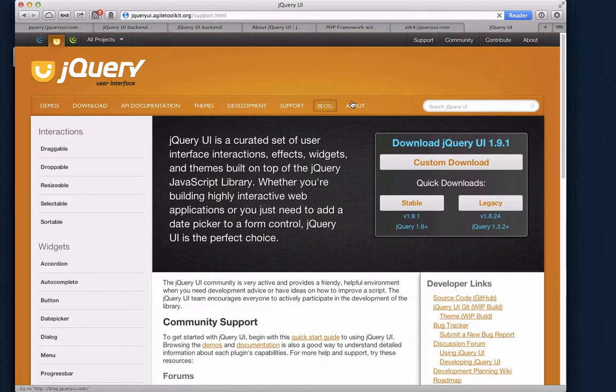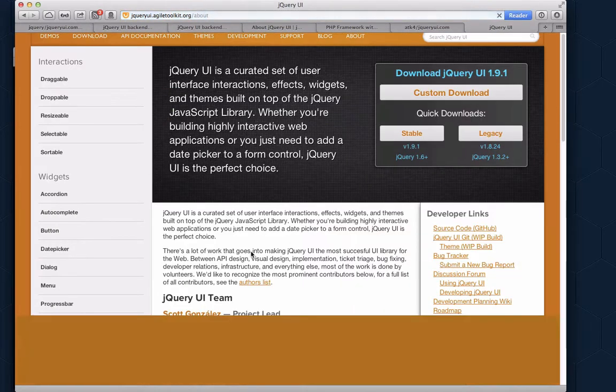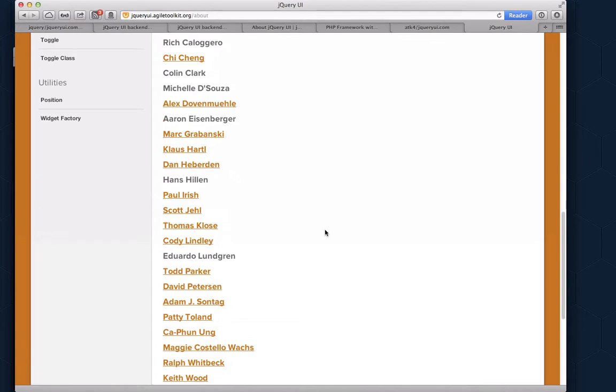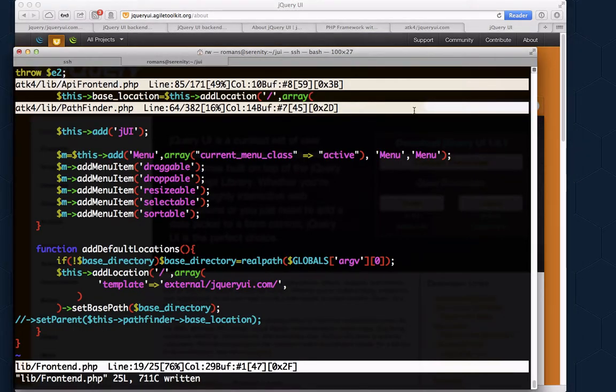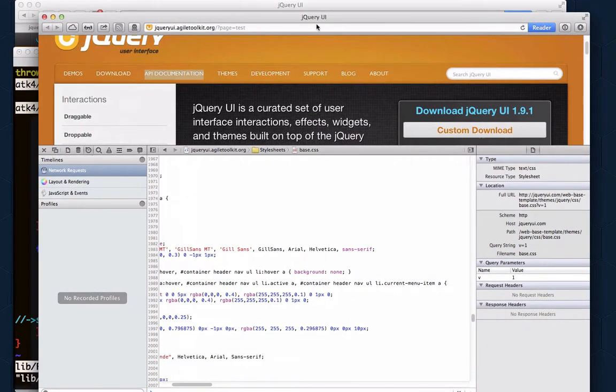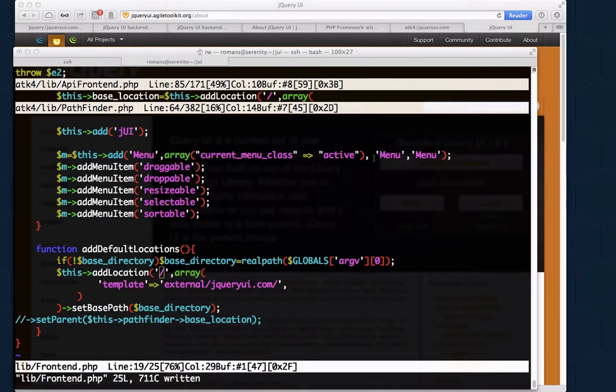Okay, let's check about. Yay, lovely. So we have the top menu working as well. Also, I was just examining how the top menu is working, and it appears that they have a class called current menu item, which we need to assign to the li. And if we have this class, then it will be highlighted. So to make that one work,